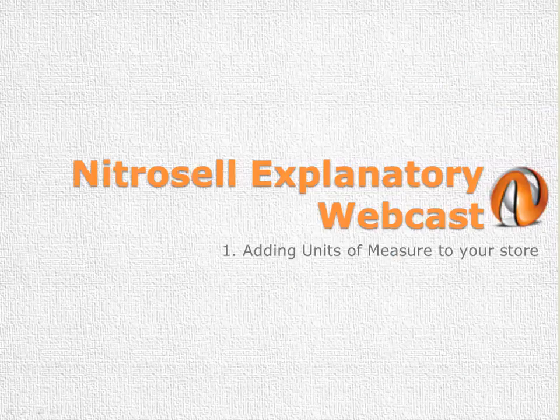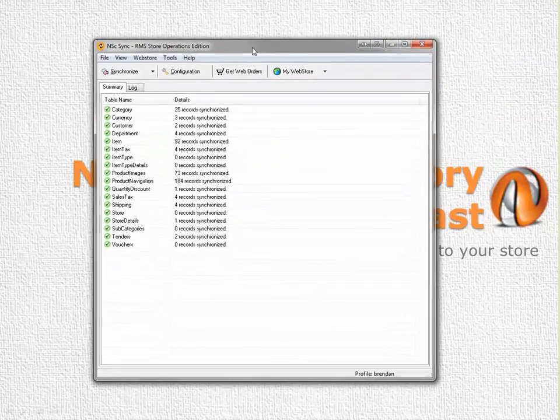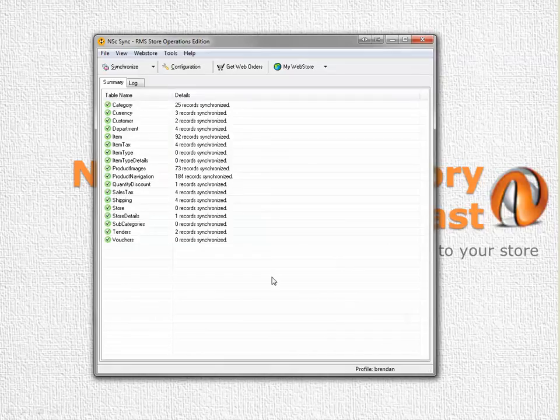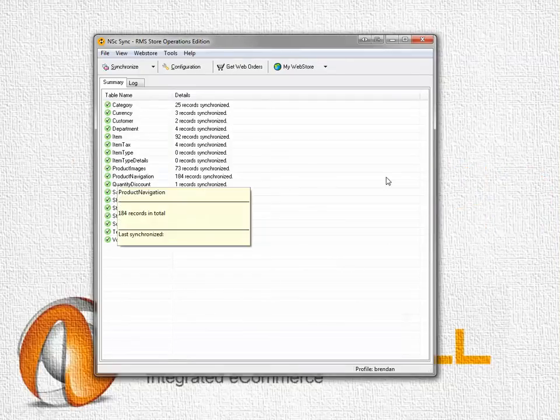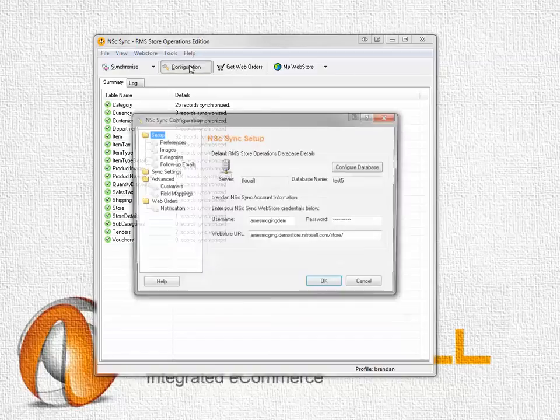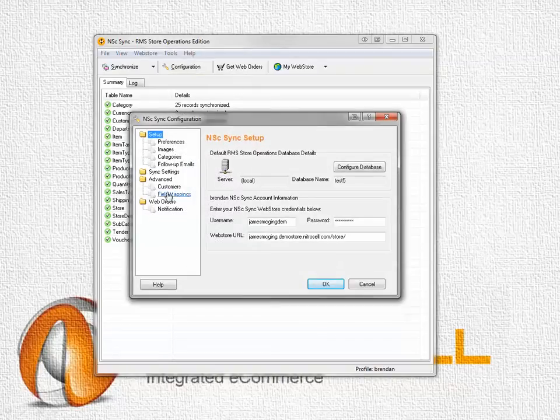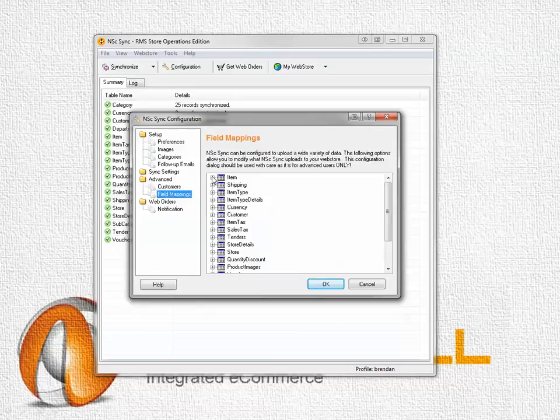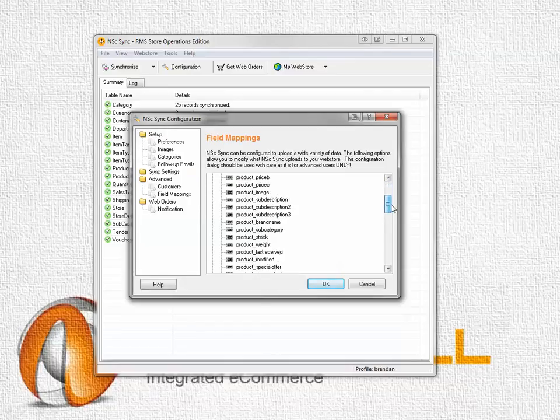Once we have added our units of measure to our items, we need to tell our web store about it. We do this using NSSync. In NSSync we'll find a configuration button. In there, at the side, under Advanced, we'll find Field Mappings. In Field Mappings, under Items, we find all of the information that gets passed up to the web store from